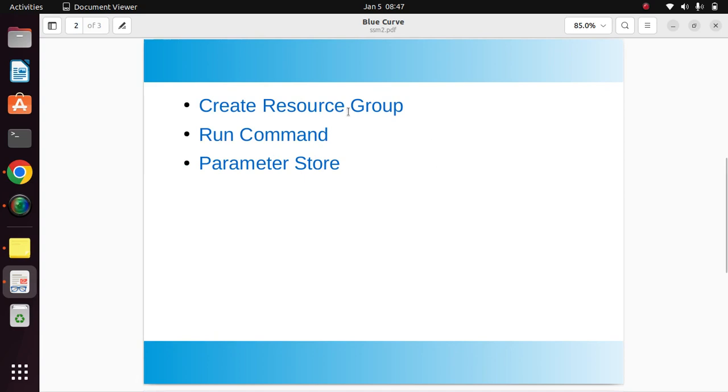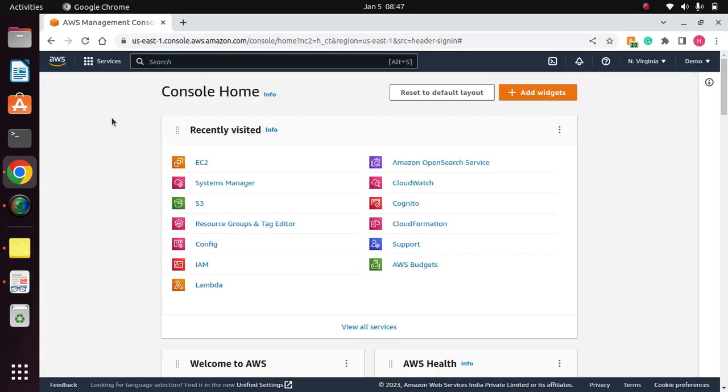In this video I'm going to tell you how to create a resource group, then how to run a command on the resource groups or the servers that you have created. Then the parameter store. We will see in the parameter store how to store a secret password or a URL, basically a key value pair. So that is the parameter. Okay, so directly we go to our console, and here in SSM